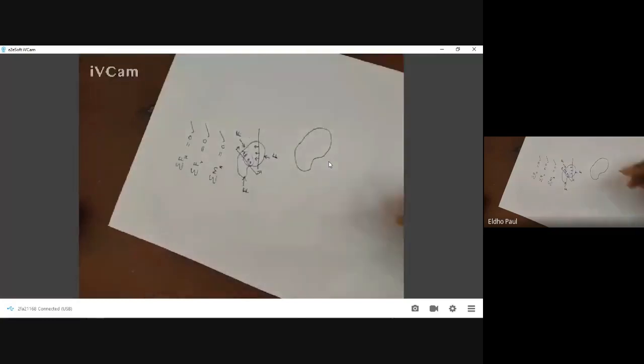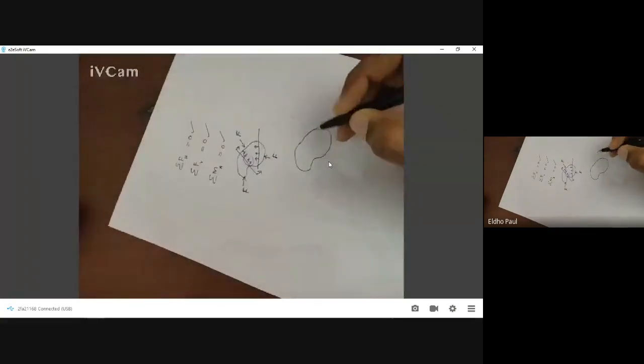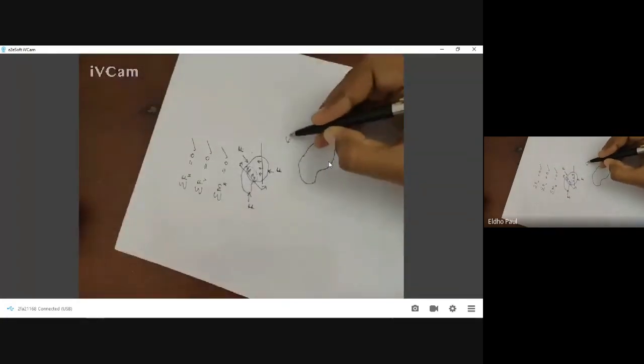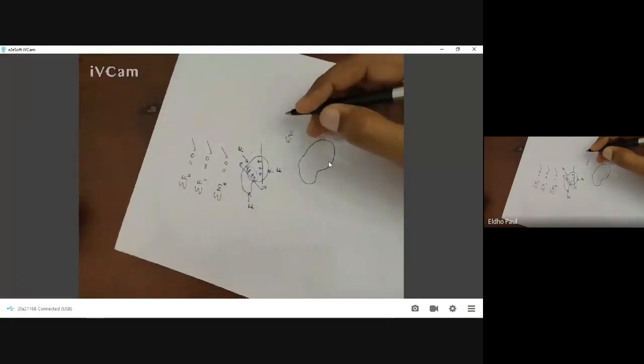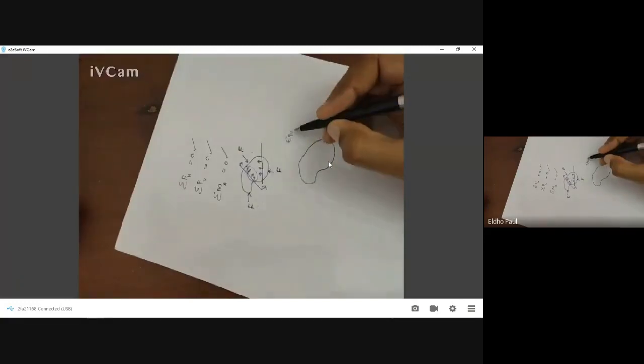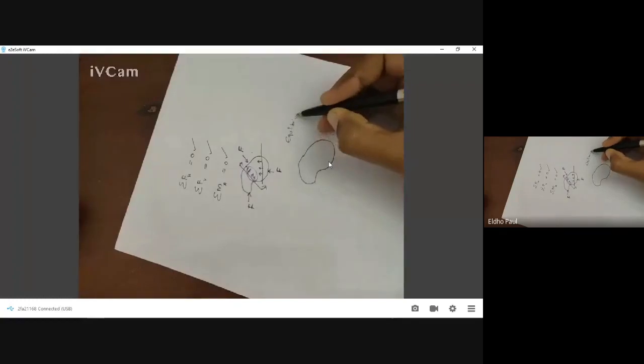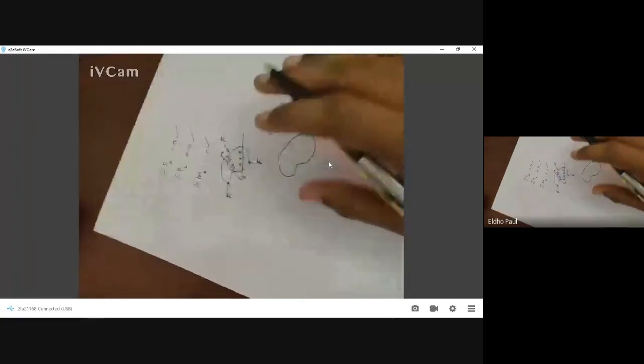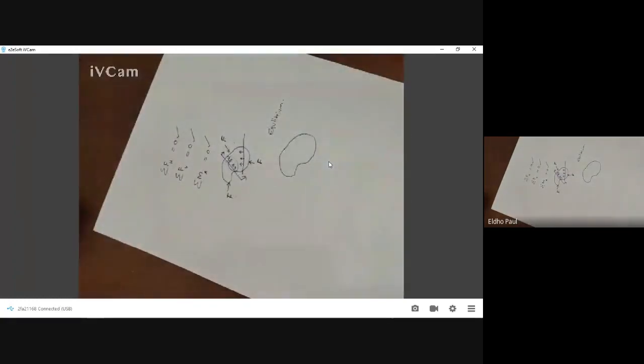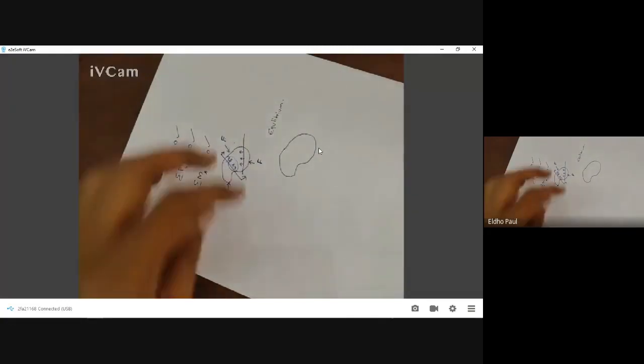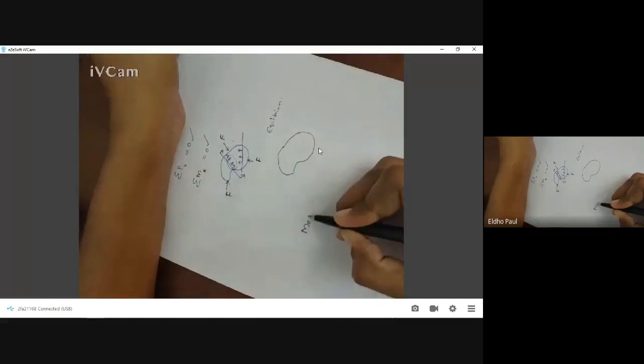So throughout our mechanics of solids lectures, we will use the term equilibrium because we only consider bodies which are in equilibrium. Okay, so that is the concept of equilibrium. Next one is method of sections.